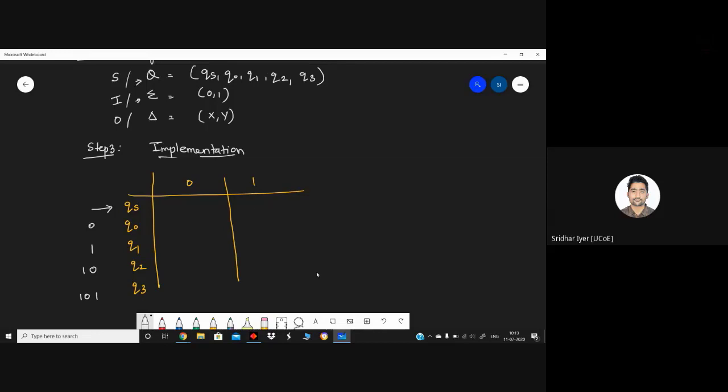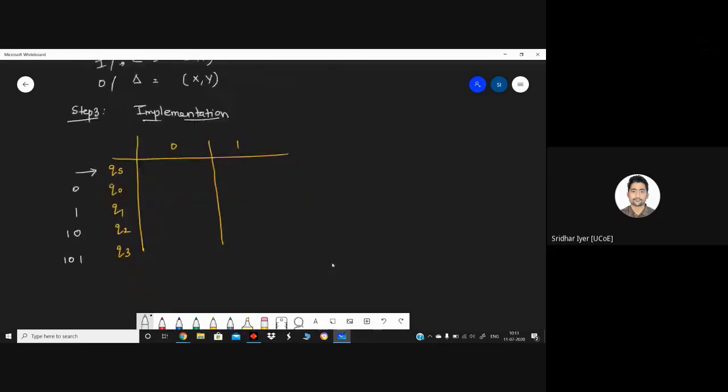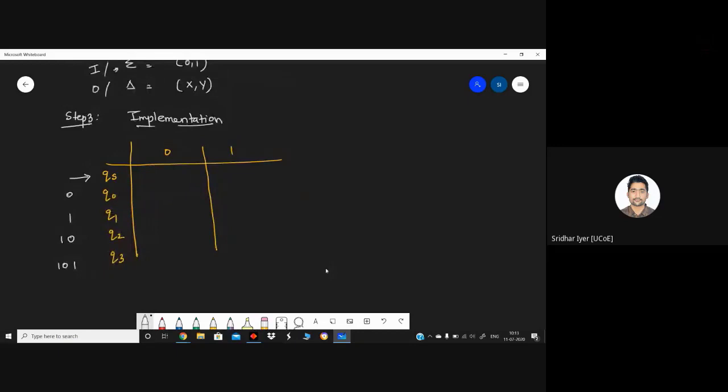Okay. So next step is you have to start filling up the table. You all know how to fill up the table. I'm again repeating. QS is not having any inputs. If we encounter a 0, it becomes a state with 0 input, which is that state Q0. So simply write Q0 over here. With the same logic, we'll be writing Q1 over here.